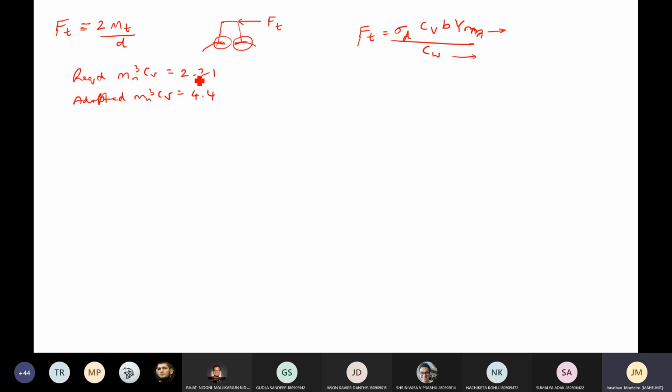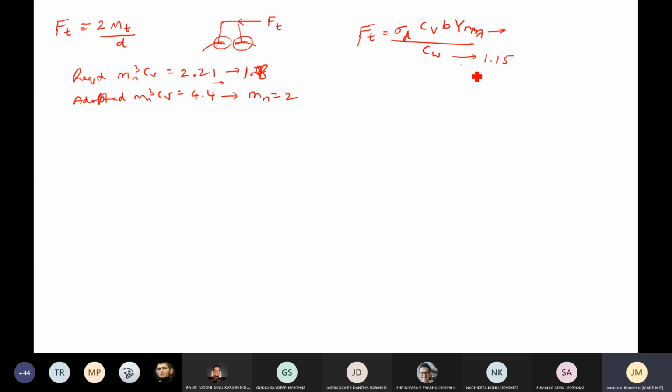Actually, if this is what is required, then what will the actual value be? We do not know. We took it and Mn came out to be 2. So we might require maybe 1.6, 1.7, maybe 1.8 and so on. If you put this exact value, there is a high chance you'll get that Ft back. And also, Cw is around 1.15, which we are taking for all problems.